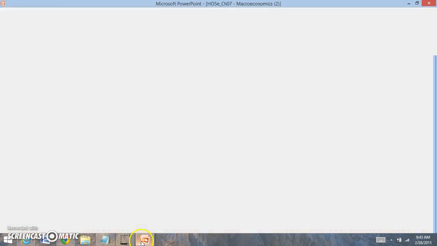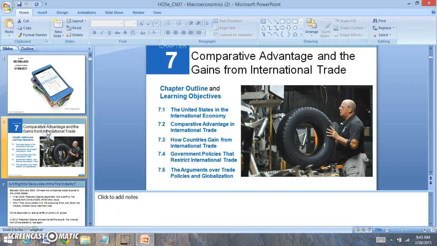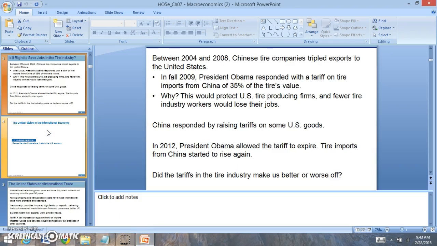For this week, we're going to be looking at the role of international trade. And when we look at international trade, you'll notice it's a very important concept for our economy because we're facing a lot of challenges right now. We're going to look at the role of trading and how it influences the United States. And the United States is facing a lot of challenges in terms of how they should understand